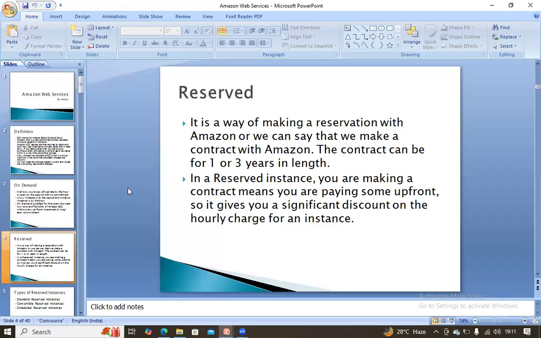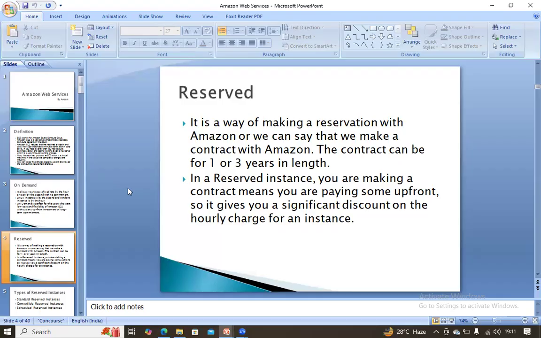There is no need for daily payment. So if I'm using a virtual server for 1 or 2 days, instead of charging per day, the company and Amazon make a contract for 1 or 3 years. That's what reserved is saying.